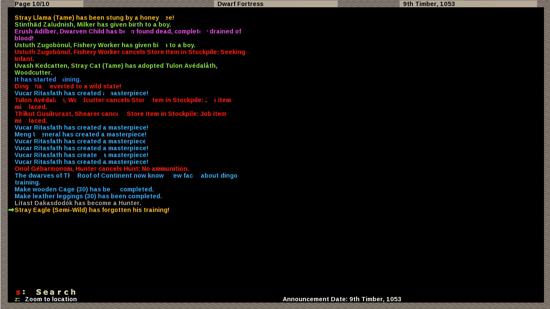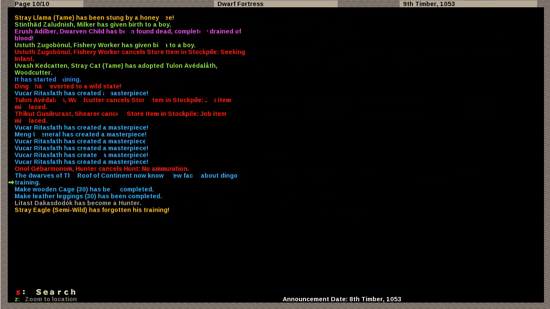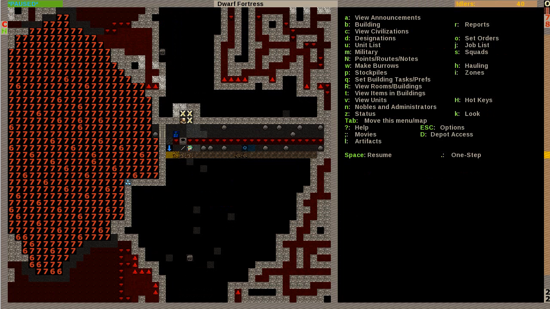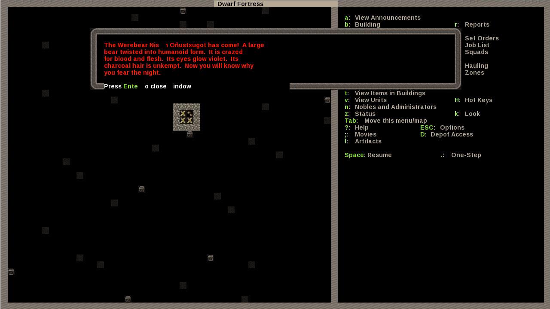Construct leather leggings has been completed. Wooden cage has been completed. Oh, what is this? Yeah, let's see if I can read that. The dwarves of the Roof continent now know a few facts about dingo training. Okay. So we're getting better at training dingoes. That's good. I believe that means that if I create another fort in this civilization in the future, then training dingoes will actually be